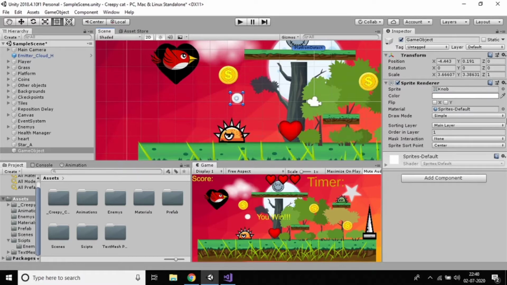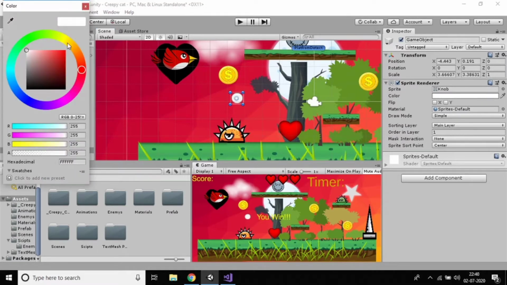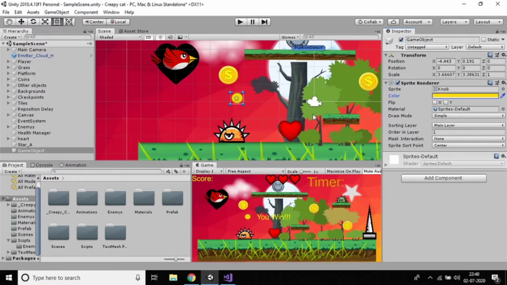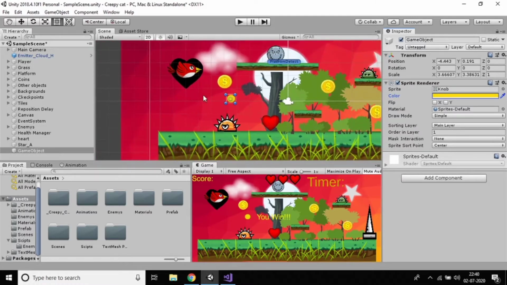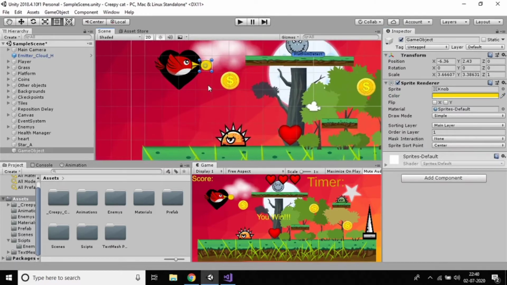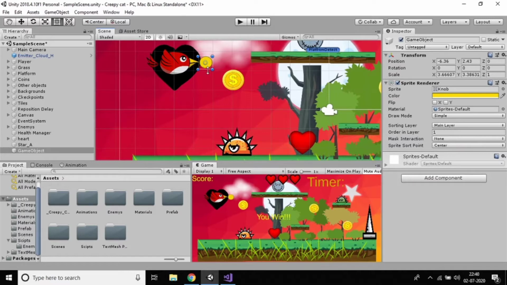Change the color of the knob to yellow because I love yellow, and change the position of this bullet. Just keep this position, it's a little bit small.